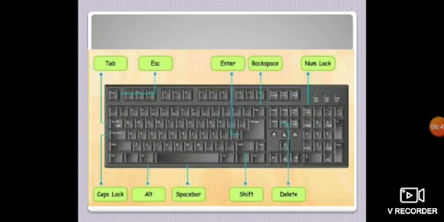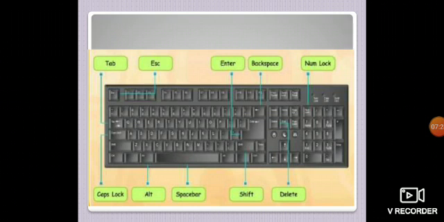Backspace key. The backspace key is basically used to erase data if we think we have made some mistake. So backspace deletes or erases the data from the left-hand side, and you all know that the delete key is also there. Basically, the backspace key and the delete key both do the same thing, but the difference between the two is that the backspace key erases the data from the left-hand side and the delete key erases the data from the right-hand side.